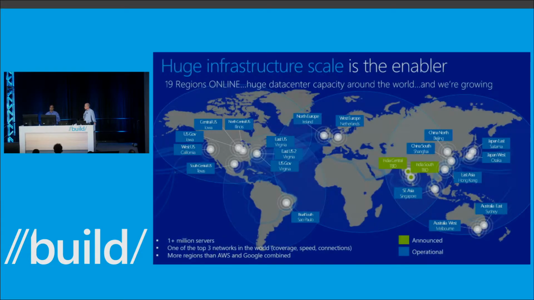So the first thing to start with is our infrastructure scale. We're well over 1 million servers today. We're in 19 regions, more than both AWS and Google combined. India is our newest announced region, and we have many other regions as well. Azure Storage is in every single one of these regions. It's a foundational building block along with compute and networking, and every other Azure service and many Microsoft services build